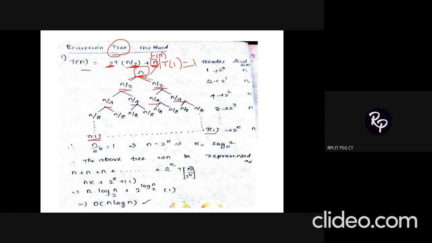So whatever be the f of n value which is given to you, that particular value you need to take it as the root node. Then check for your b value. Your b value is equal to 2. So that will decide the number of sub-problems. So I have n by 2 and n by 2. Every time this gets divided, this procedure should be continued until the base condition T of 1 equal to 1 gets satisfied. So once this tree construction is over, the remaining steps are very easy.